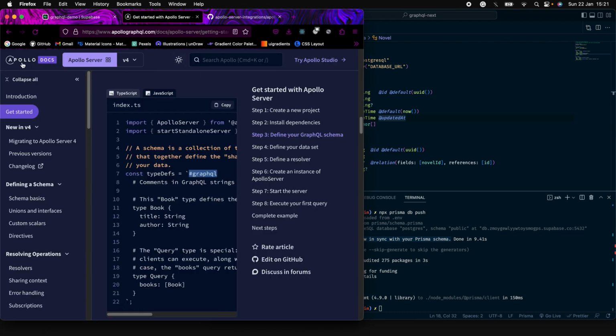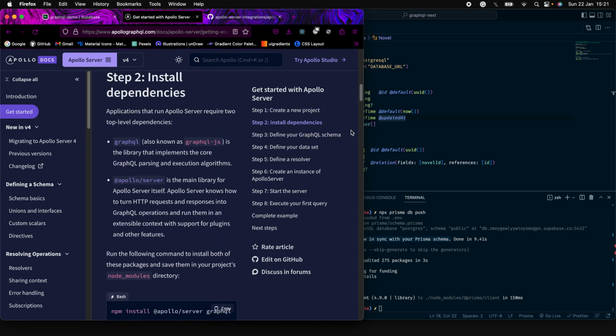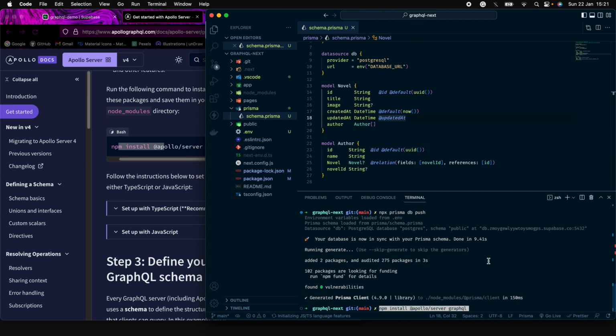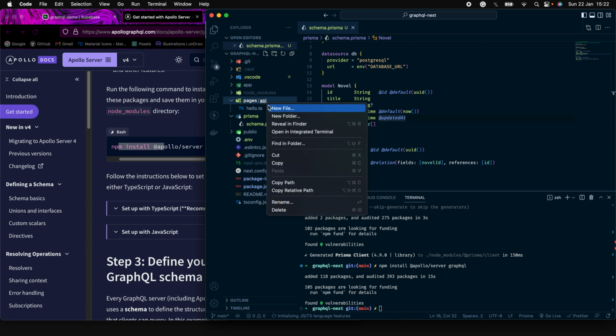So in their documentation, Apollo Server docs, if I go down to install dependencies, I get this line of code here. I'll copy that and I'll paste that here. So with that, we have our dependencies for Apollo Server and GraphQL. So while this is installing, under pages directory API, we'll have to create a new file called